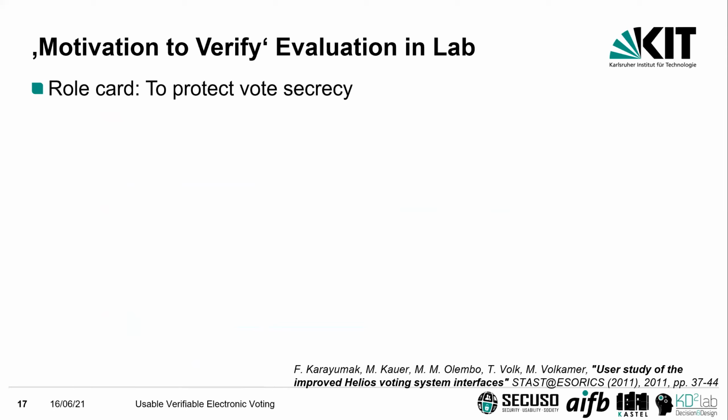So when you conduct a user study in the context of electronic voting, most likely you will find so-called roll cards. Besides the typical informed consent that people sign before the actual study starts, you show them or hand over